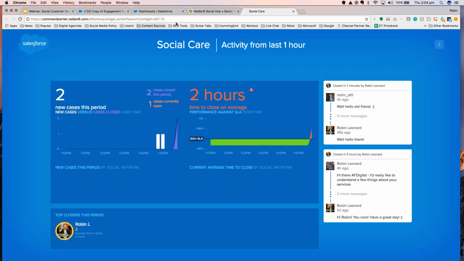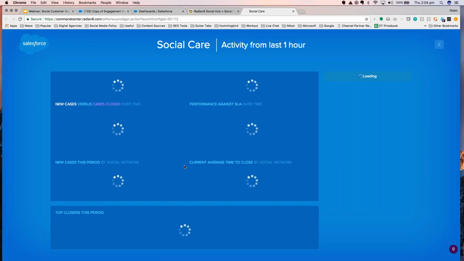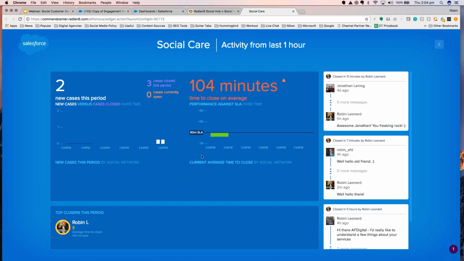But what I really like is Command Center. This is actually live data. It's showing 2 new cases in this period, and 1 case currently open. Oh no, okay, it was just about to update, 3 cases. So I've got an average close time of 104 minutes, and you've got an SLA here. I actually set the SLA in the dashboard, and you can see that it would monitor,